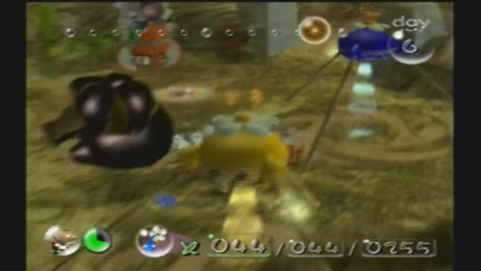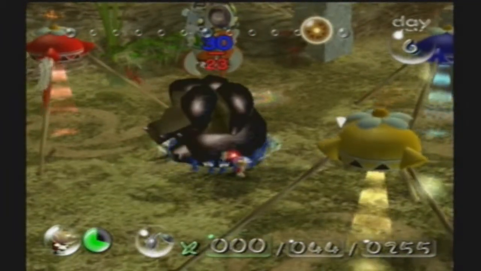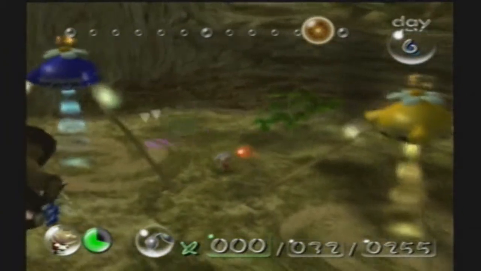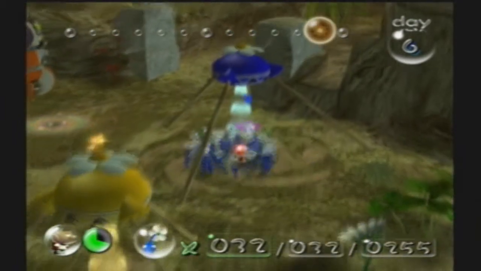Bad ass. Okay, so we can put the rest of the Reds back. 100, see, that's it. It's a little less than I would normally have right now, but I'd also normally have less ship parts. You gotta kind of judge what you need. Really, if you're not wasting Pikmin, you'll be alright. Now this guy, if I remember right...